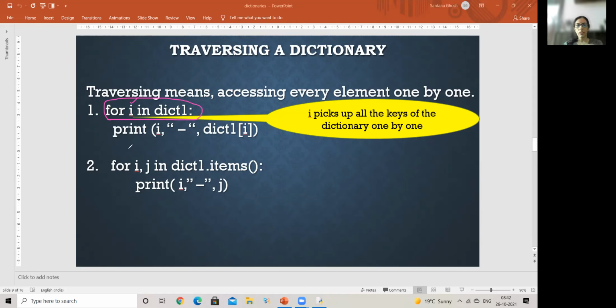So in the loop, I've taken the example showing print i. So what is being printed? Gargi is being printed. Then there's a dash. That's a text I'm giving, so I display that also. It's within code, so it is displayed as it is. Followed by this thing. Now this is going to do what?